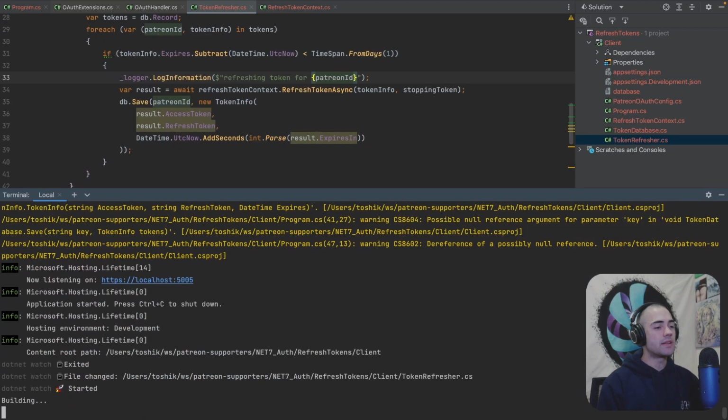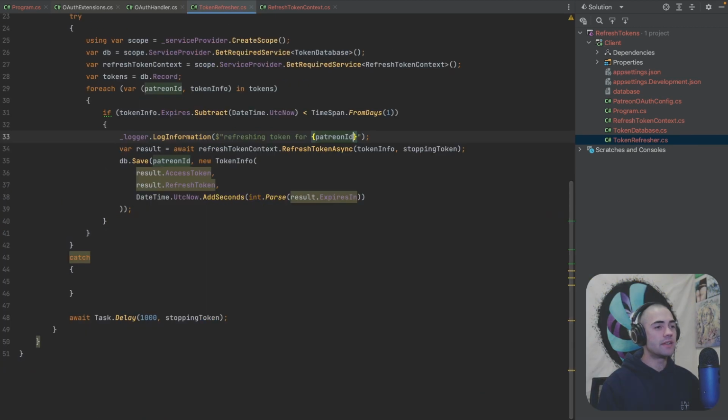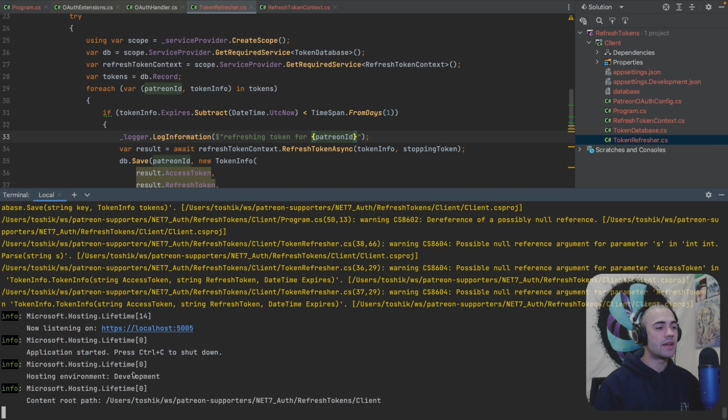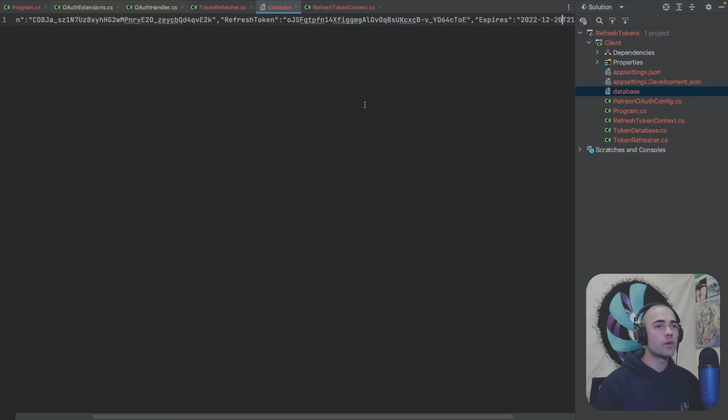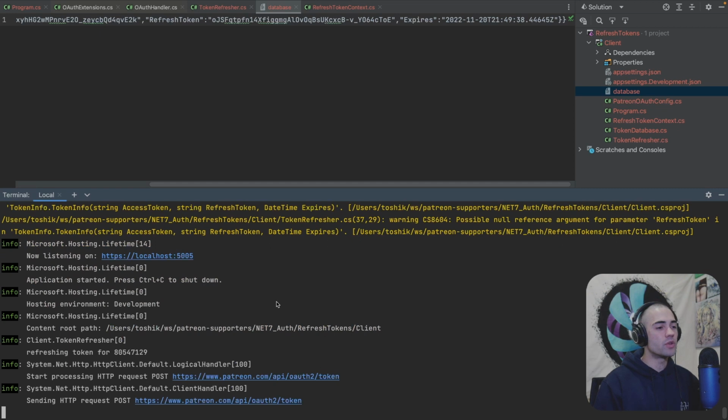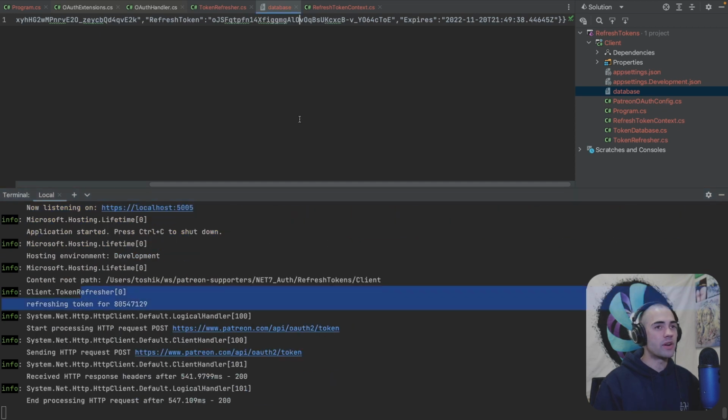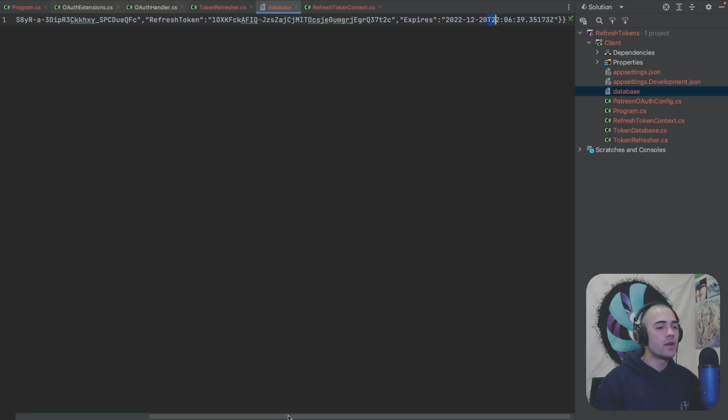Okay, so hopefully the application should restart. There it is. So what I'm going to do, as this hosted service is working in the background, because we already have the tokens in the database, is pull this back to November, save the file, and we should see a log. The token is refreshed. If I take a look at the file again, there we go. Expiry time has been amended as well,